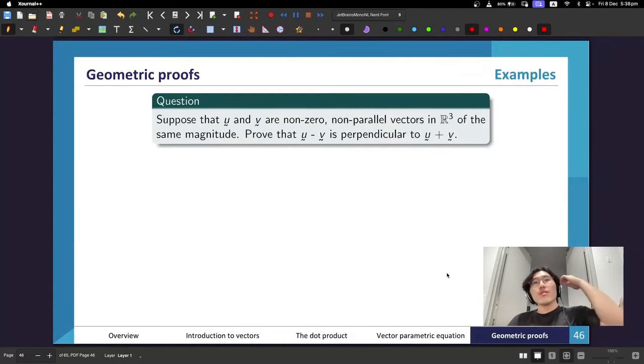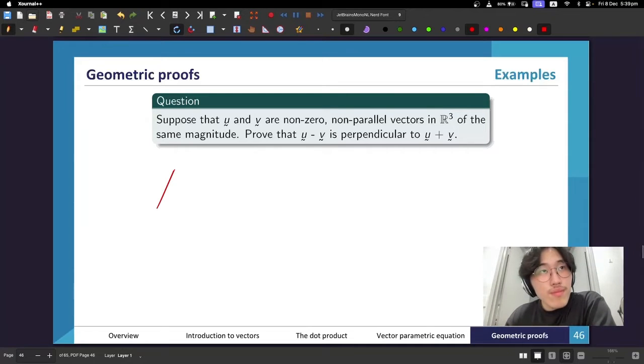Okay, suppose that u and v are non-zero, non-parallel vectors in R3 of the same magnitude. Prove that u minus v is perpendicular to u plus v. Okay, I'm going to follow my own advice and draw a diagram. So u, v,